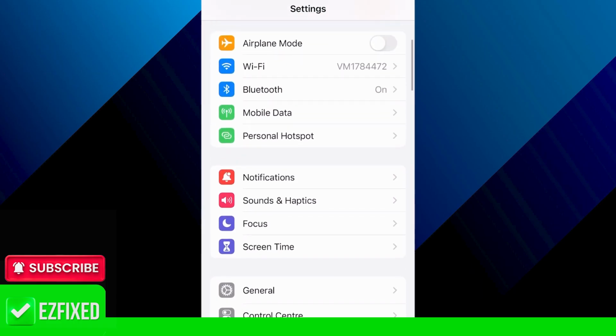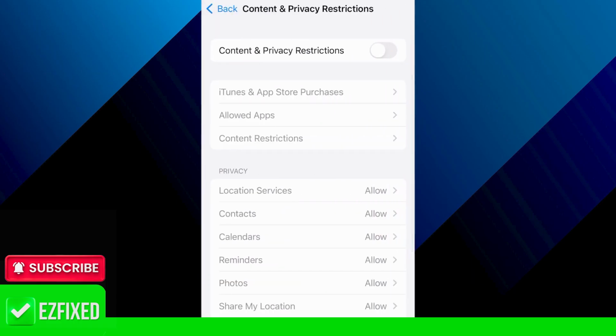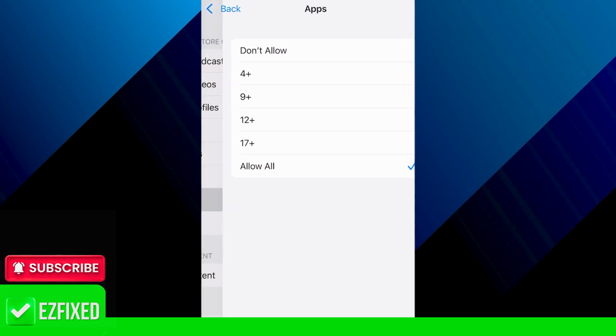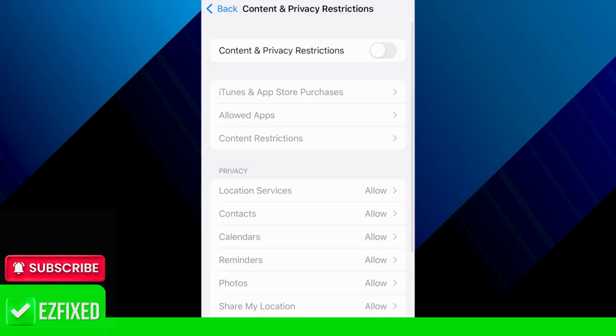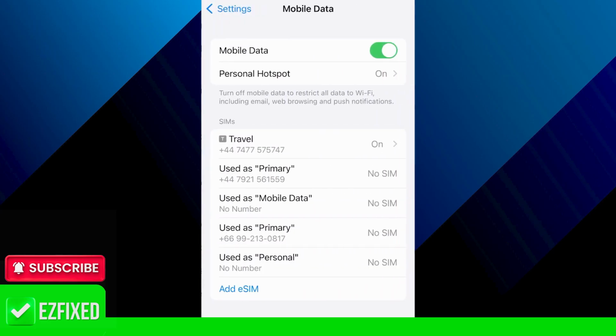to Screen Time. Come down to Content and Privacy Restrictions, and if you have this option enabled and turned on, then what you need to do is come over to Content Restrictions, and underneath Apps, just make sure this is set to Allow All. Now obviously, if you have Content and Privacy Restrictions turned off like so, then you won't need to worry about this section. Then come back over to Settings, this time select Mobile Data, and then underneath your SIM section, just